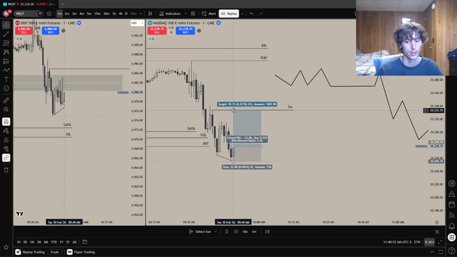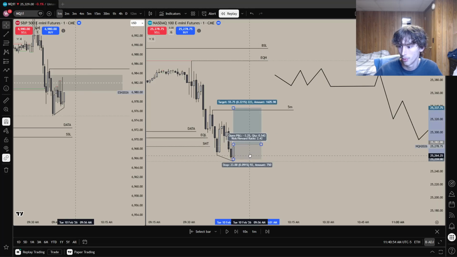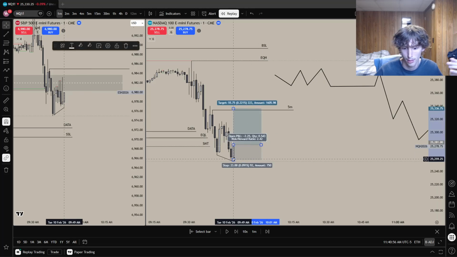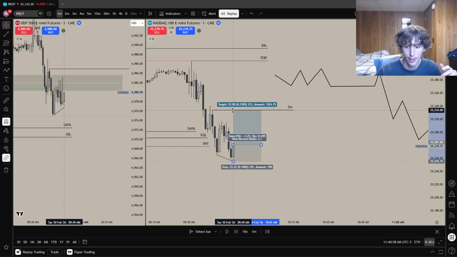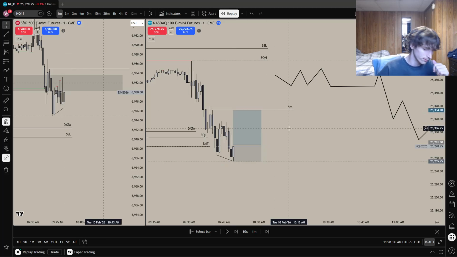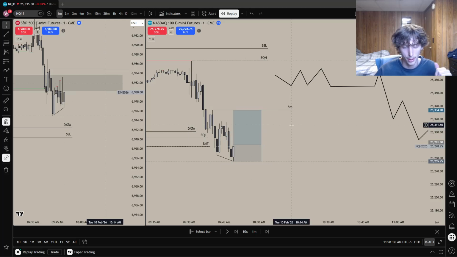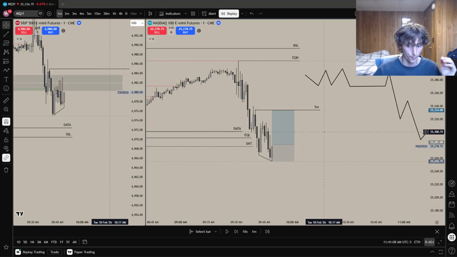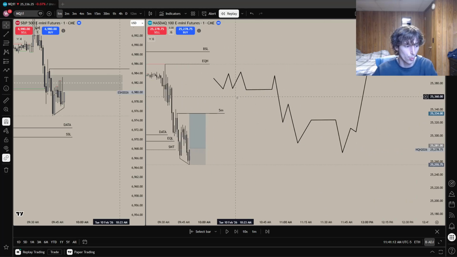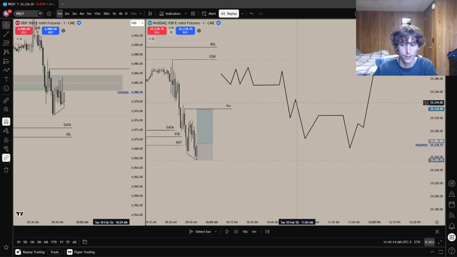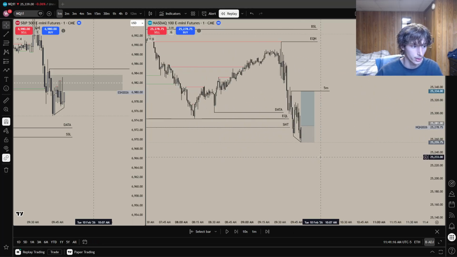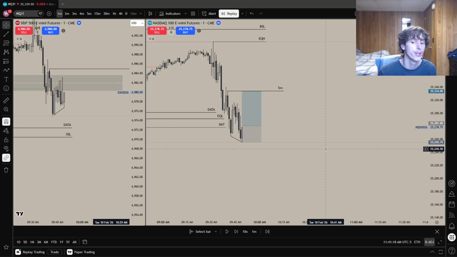Plenty of RR. I entered at 81.25 was my entry, so just say it was here. I got around a 2R on this trade, which is, I normally just go for 1-to-1 R. I ended up really only getting a 1R just because of my sizing, but it's whatever. But now, right, I'm aligned with the high time frame DOL, right? As you can see, we're also discounted on time. There's no reason for price to really go lower. If it does, then there's no reason for me to then look for longs, right?